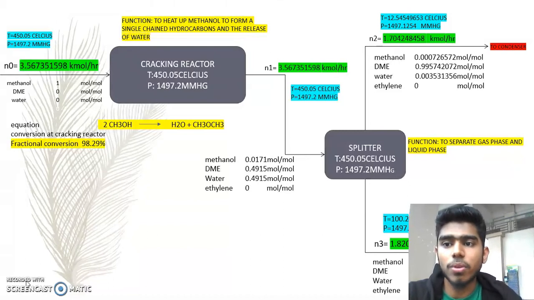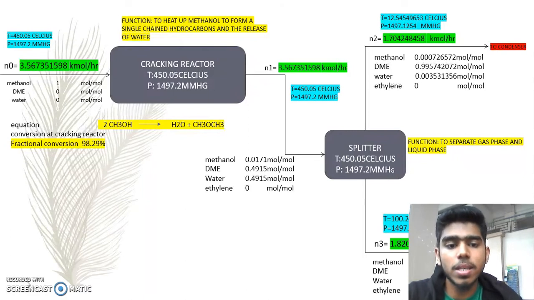The function of this cracking reactor is to heat up methanol to form single chain hydrocarbons and release water. As you can see here, the equation used is 2CH3OH gives H2O plus DME, where 2 moles of methanol will produce 1 mole of H2O and 1 mole of DME, and the fractional conversion for this process is 98.29%. Next, it enters a splitter, where the temperature is 450.05 Celsius,